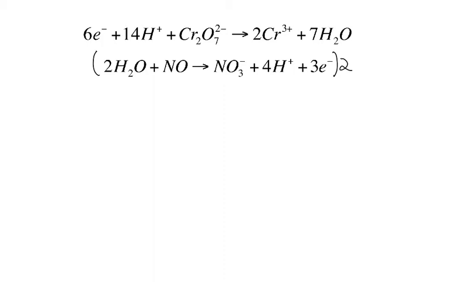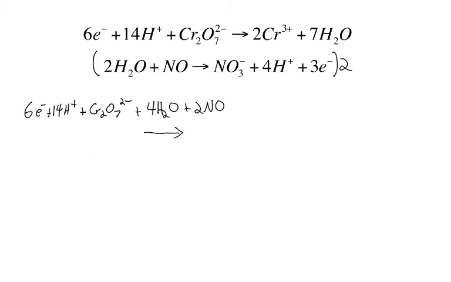So I'll have from the first one, all right, don't forget, so I want to go to the second one, got to multiply these guys by 2. So that'll give me 4 waters and 2 NO. Now I'll do the same thing. I'll collect my products. I'm just going to write it down on another line to be sure I have enough room. So for my products,